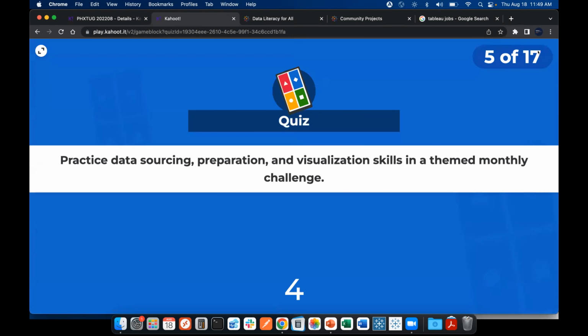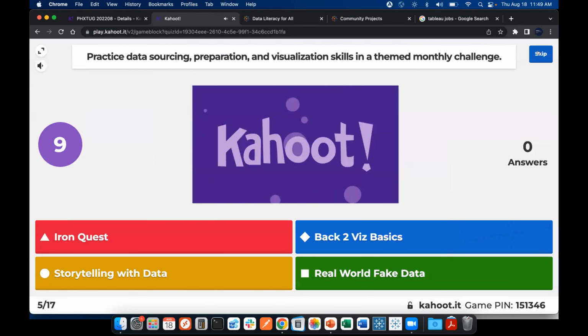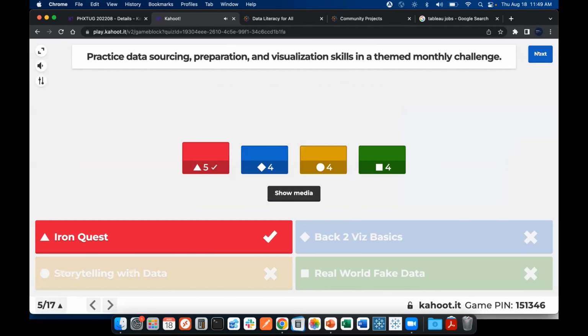All right. Which community project allows you to practice data sourcing, preparation, and visual skills in a themed monthly challenge? Iron Quest. Yeah, so this is a pretty big one.